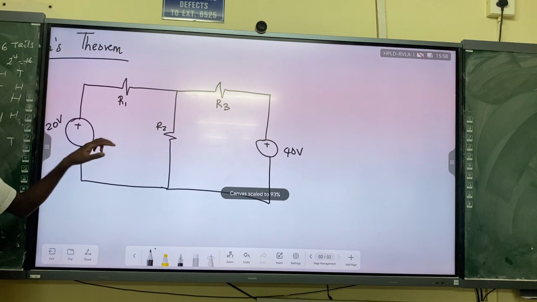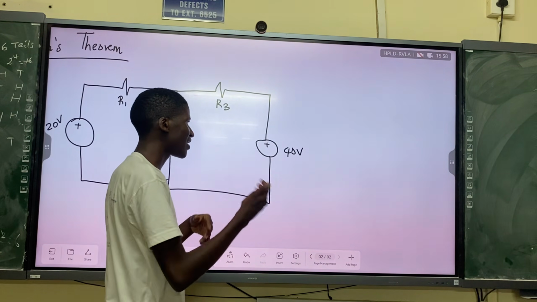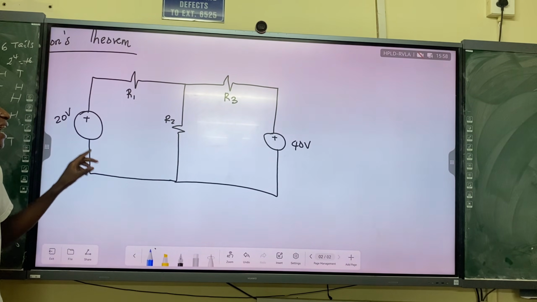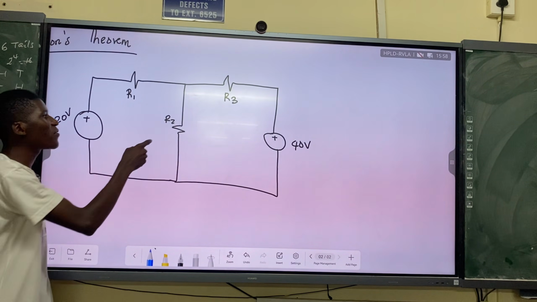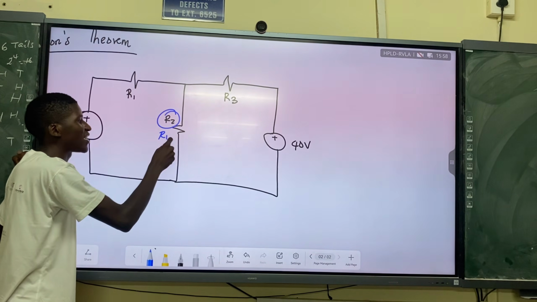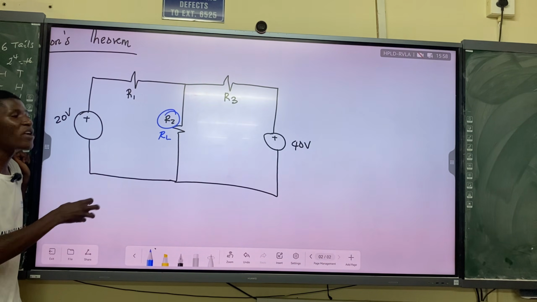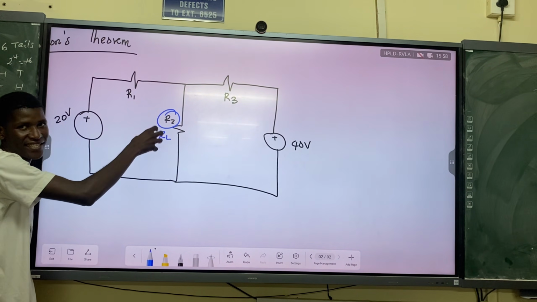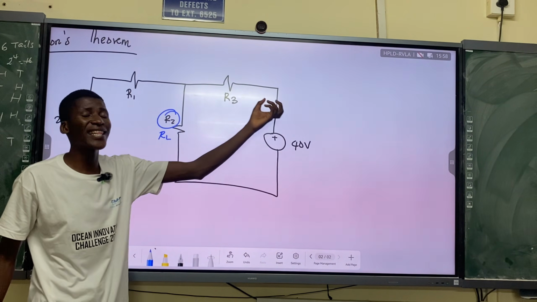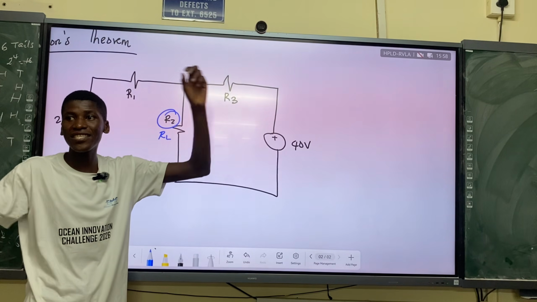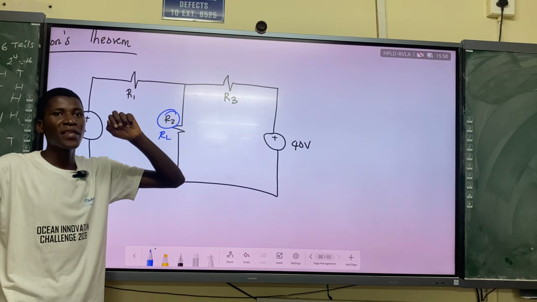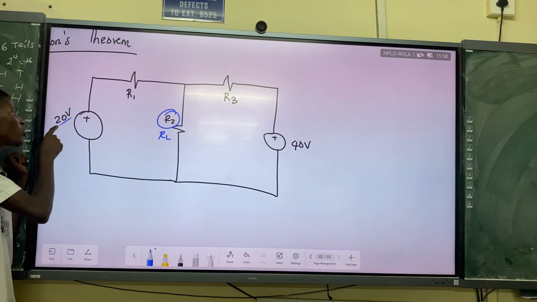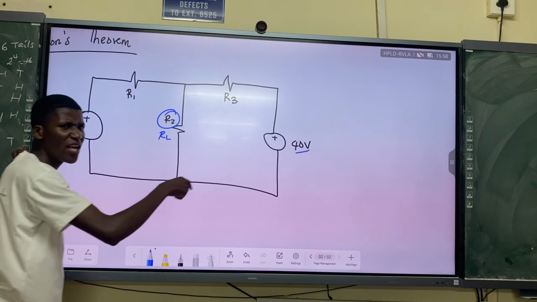Norton's theorem is just, can I say, an opposite, but not really an opposite. Norton says we can replace. Let's just say this is our load resistor, RL. If we are looking for the current in the load resistor, we are still going to take the load resistor out of the circuit, open circuit. We're still going to take it out. But now what are we going to do? We're still going to combine the 20 with the 40.